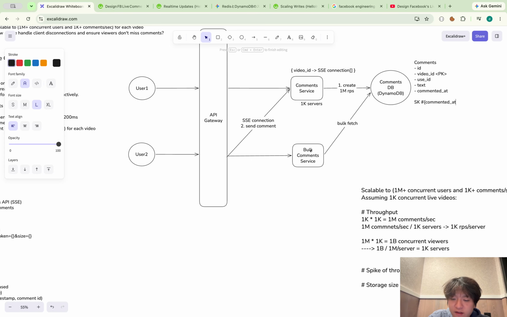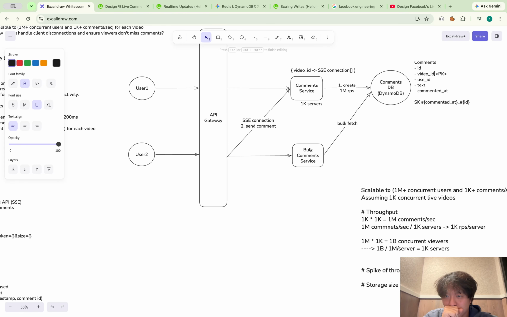But one thing I have to take care of is that in DynamoDB, the combination of partition key and sort key must be unique. So I have to add the comment ID as the suffix because in the same video, comment timestamps may collide. Okay, so this is what I can do. And the good thing is DynamoDB internally does the sharding, as I said, consistent hashing.